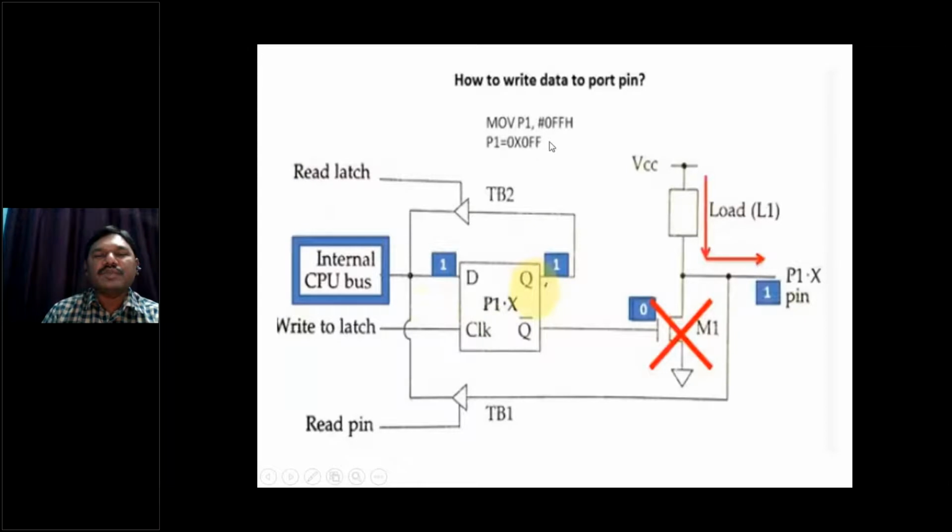Now how to execute this one? MOV P1, #0FFH, since in the place of 0 if you take it as 1. So this is also 1. It is 1, it is 0. 0 bar means 1, 1 bar means 0. 0 means the transistor will be off. When it is off, VCC will be connected to output and this will become 1. See, I have written 1 and P1.0 to P1.7 all are ones. So all ones have been written into P1.